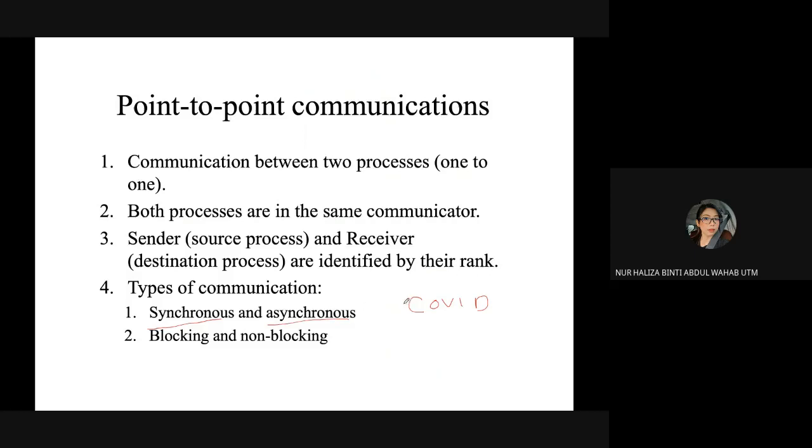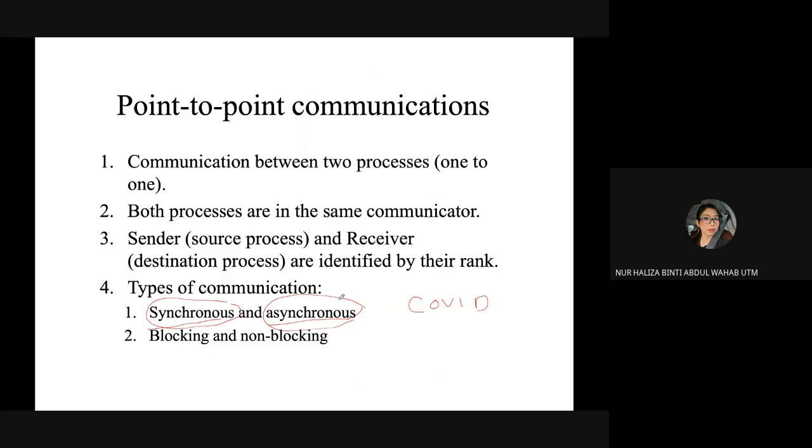Okay, class, today we're going to have a synchronized class. Okay, this one we're going to have a lab, asynchronized. I guess you heard from your lecturer whether you have a synchronized or asynchronized class.